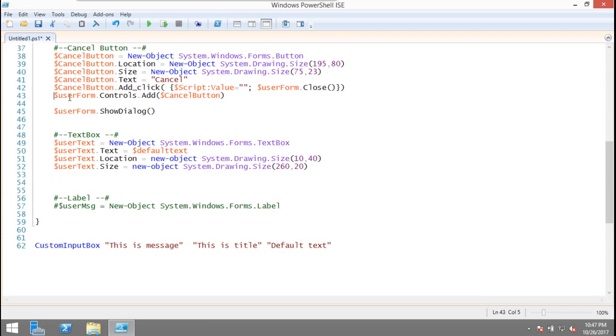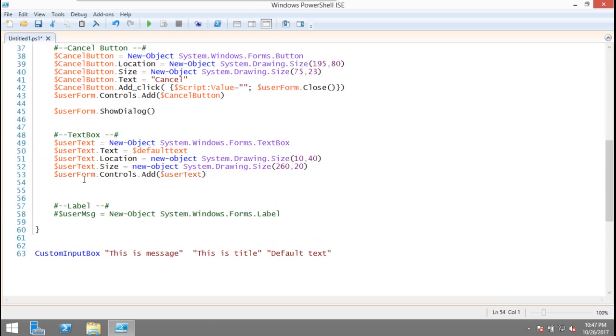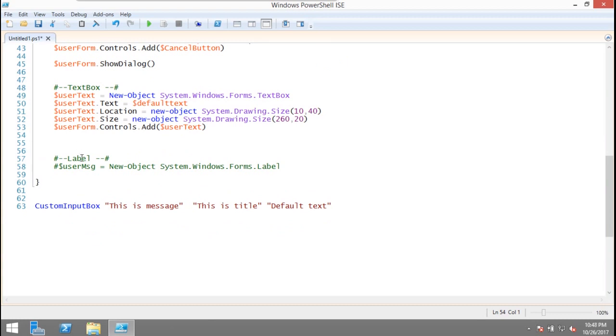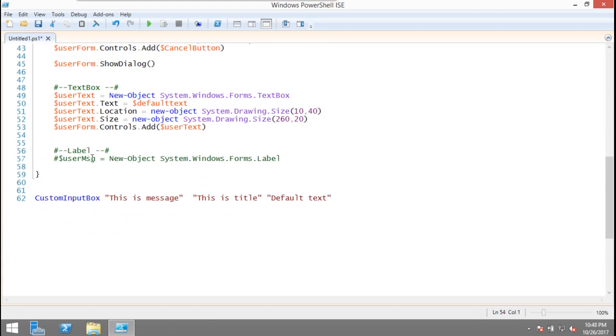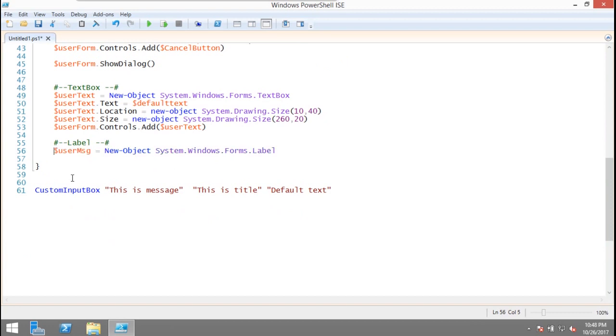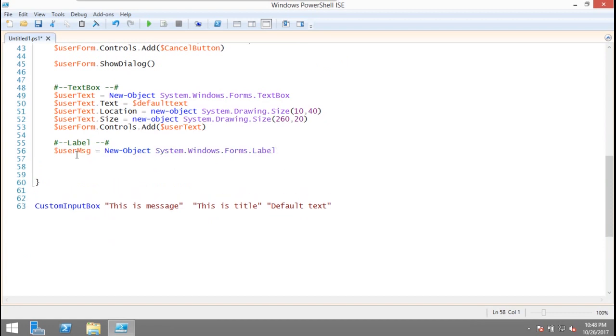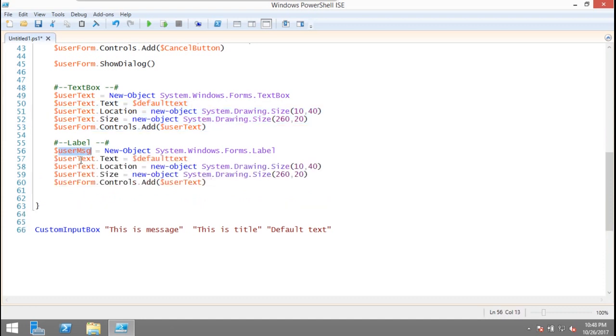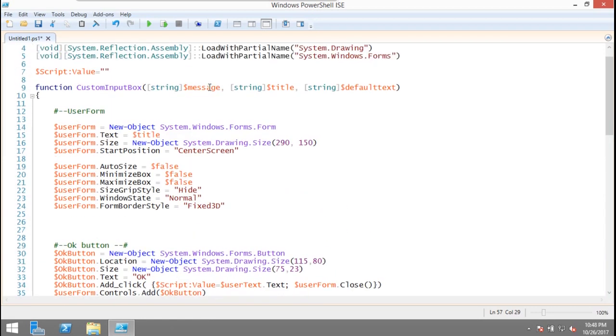Now the next step is to add this control into the user form. So we add this. So the text box has been added. The next component will be the label, and we think it's almost the same as the text box, so we'll keep the same name, and it will have the message. So we'll confirm the message was the dollar message. Okay,